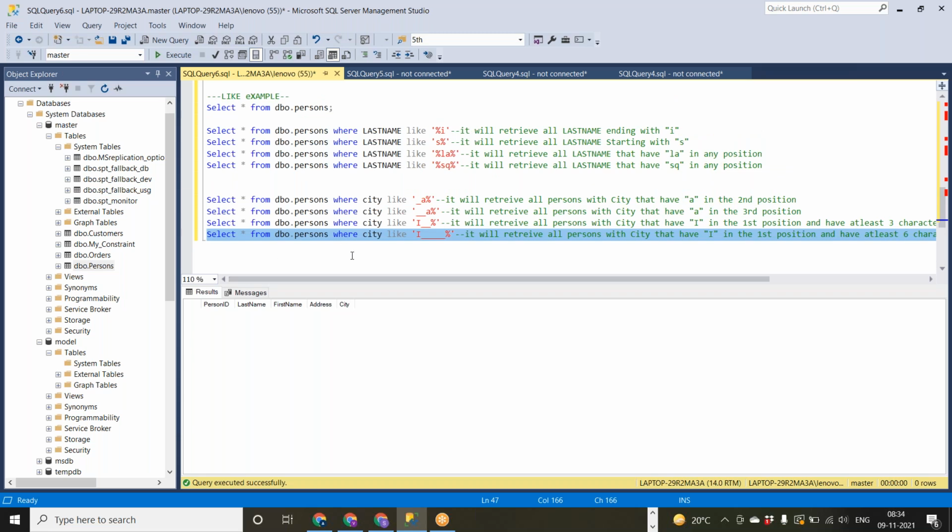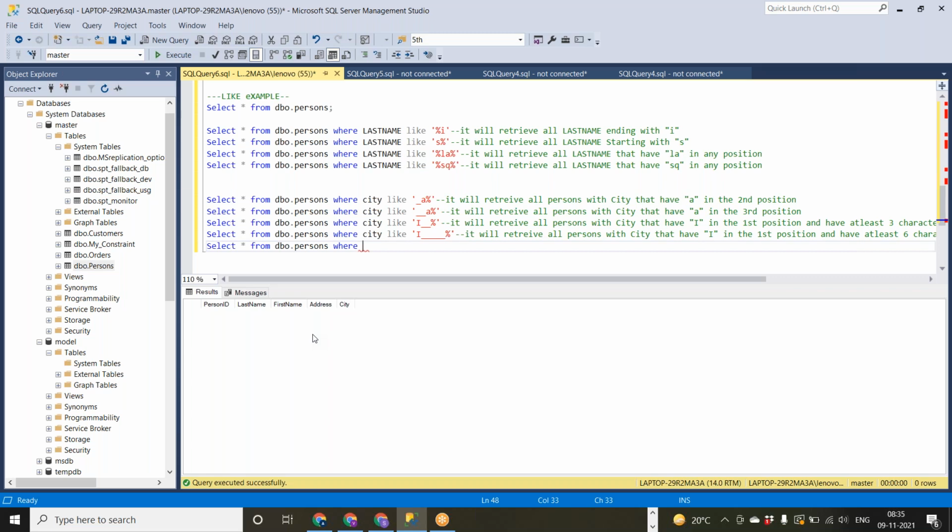We'll see some more examples in LIKE as well. LIKE is very, very useful in the practical sense. I want to explain all the concepts in LIKE. Until now, what you have seen is last name ending with something and starting with something, and some words in the middle position, and if you want to specify something in a fixed position, second, third, any position you can mention.